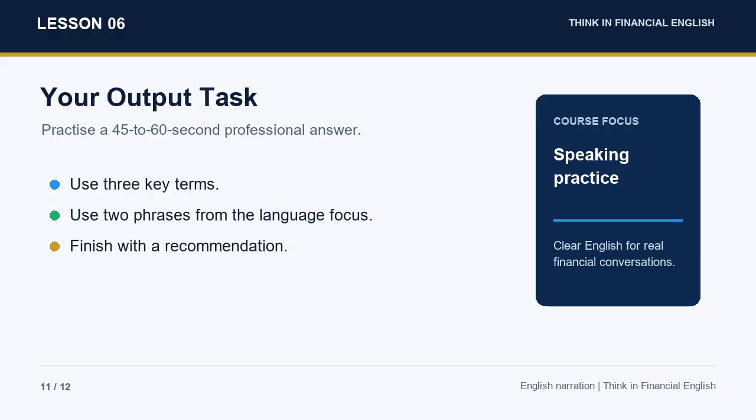Before you finish, check your answer against FA standards. Is the subject clear? Is the verb precise? Is the financial concept correct? Is there a practical implication? If the answer passes those FA tests, it is ready to practice aloud. Read it once slowly, then read it again as if you were briefing a manager or client. The purpose of the course is not perfect grammar in isolation. The purpose is to help you speak English that can survive a real financial conversation.